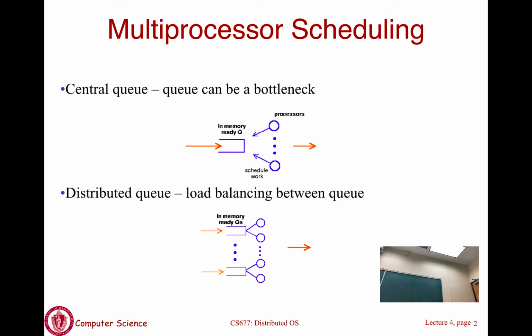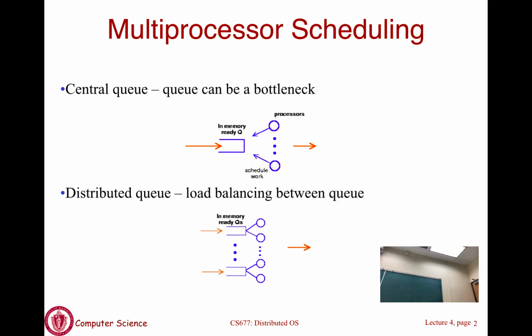Okay? So now if you respect cache affinities and start using a single queue per core, you are in this distributed queue implementation, and you've got to now deal with load imbalances. Every once in a while you've got to look at all the queues, look at the length and equalize them again so that every process gets its fair share of the CPU time. If some queues are short and other queues are long, then you have imbalances in the system. Some processors are more utilized than others, or some processes get more CPU time than others,